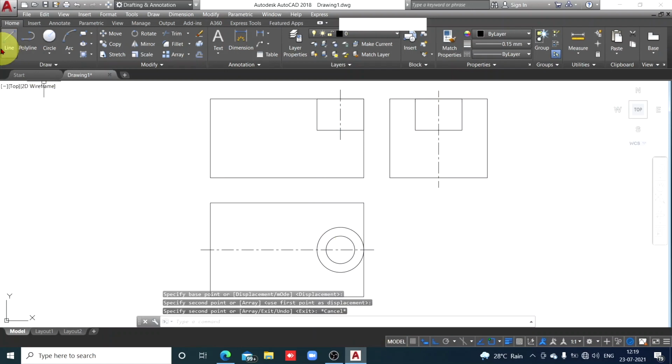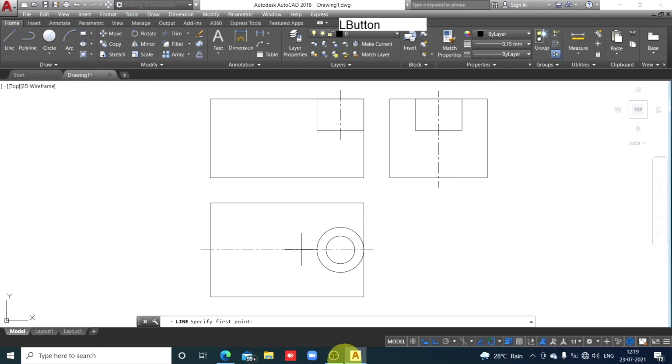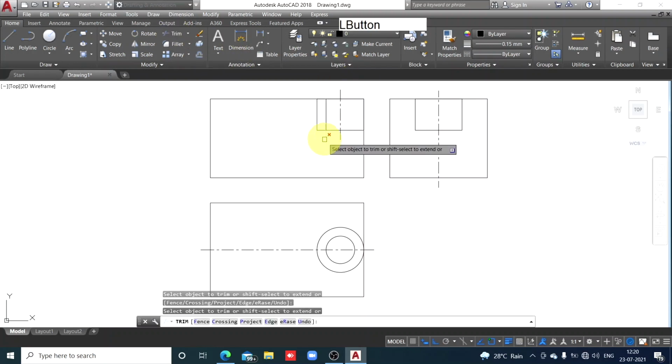So this is the cylinder, and it is a hollow cylinder, so we should draw dotted lines for the hole. So line, you can trace it in this manner. Or from the axis you can measure 11 on the right side and 11 on the left side to draw these lines. Okay, so this line is a hidden line. Now, trim, enter. This is the hole in the cylinder, so you know where that hole is.